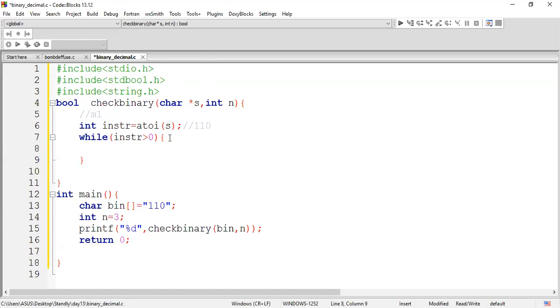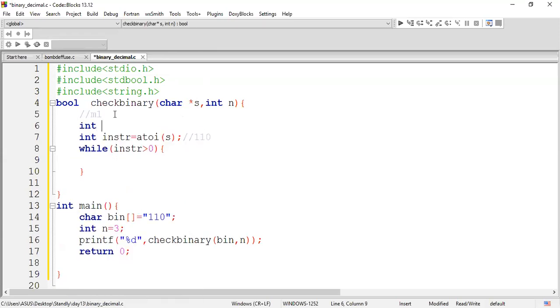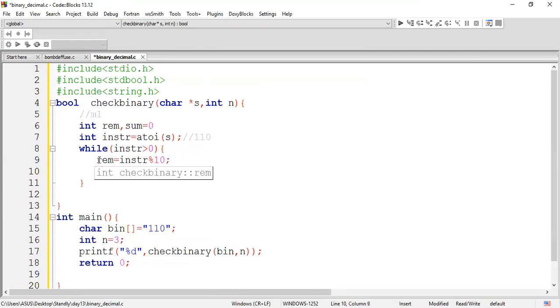You can declare one variable for storing the remainder. So let me mention remainder, and for calculating the sum, let me have one variable called sum. Here I can mention remainder assigned as in string modulo 10. The last value will be taken, and right now we are supposed to convert the particular value to an equivalent decimal value.